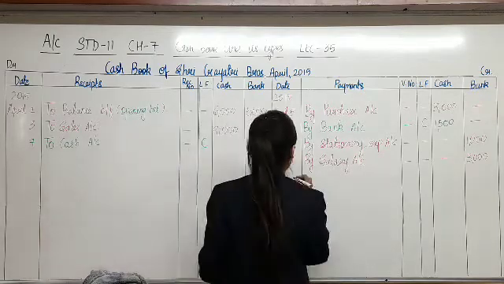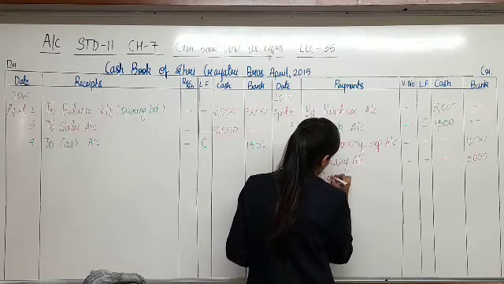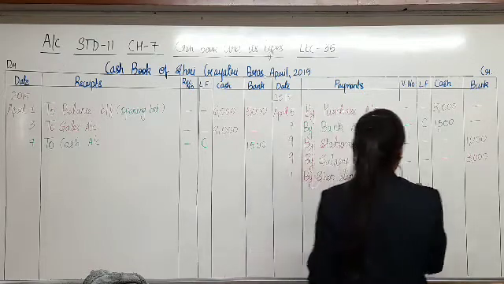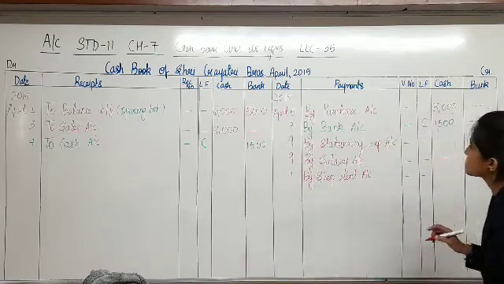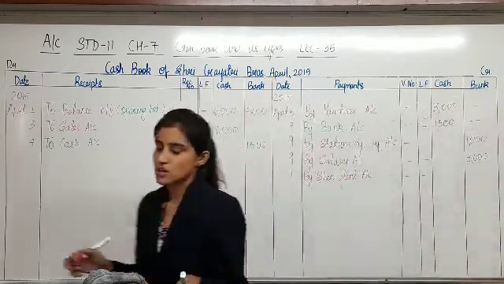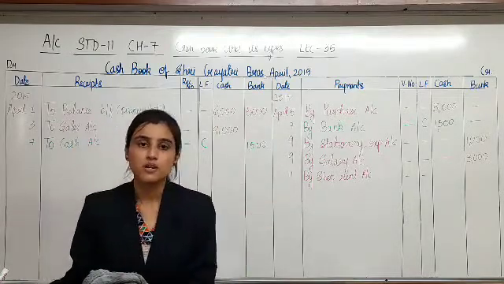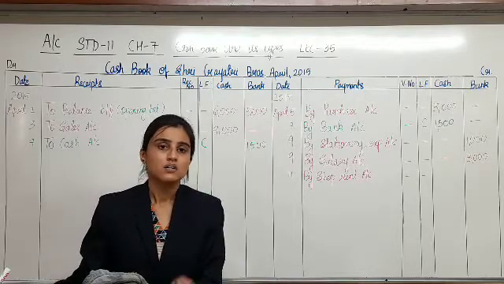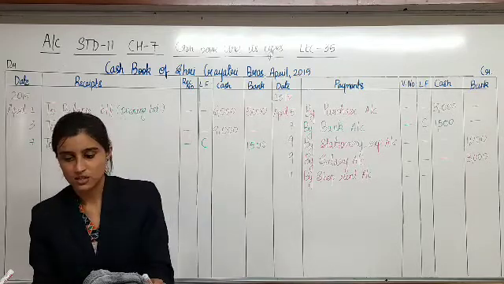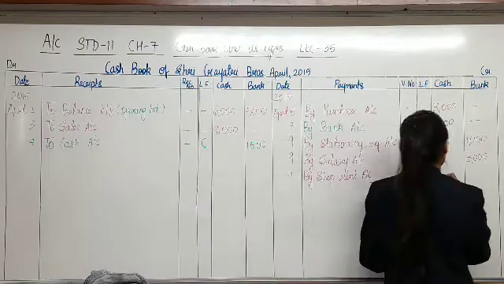So of course on the payment side, by shop rent account. Now the only question is whether it is paid in cash or by check. Is it mentioned in the transaction? No. Nothing is mentioned, so it is cash. If it is paid through bank, it is clearly mentioned about bank or check, that a check is issued. Otherwise, it is cash. So 1100 towards shop rent in the column of cash.